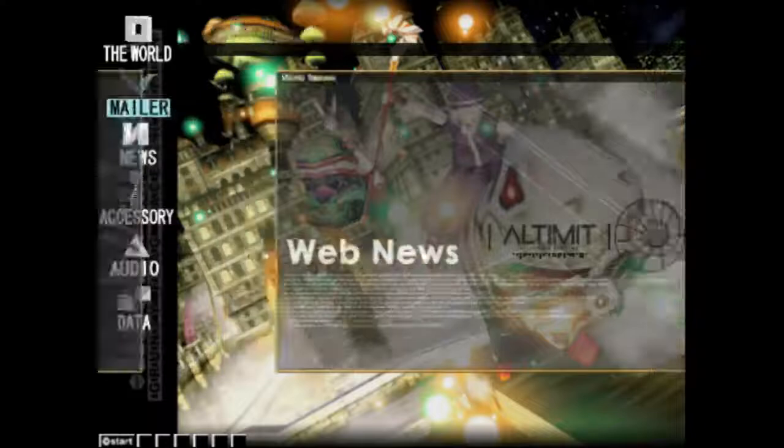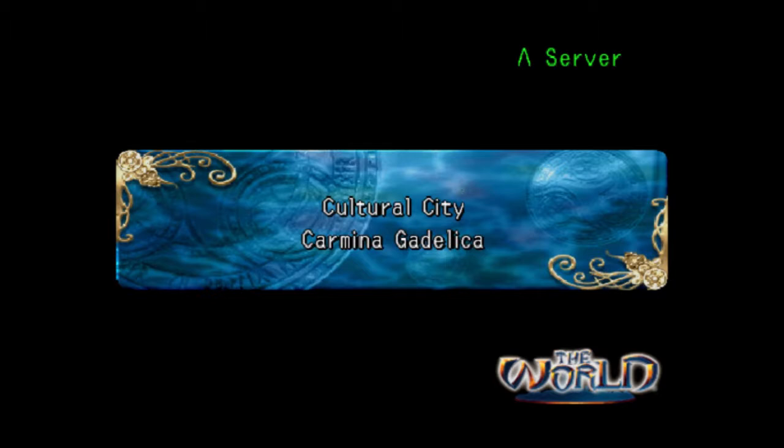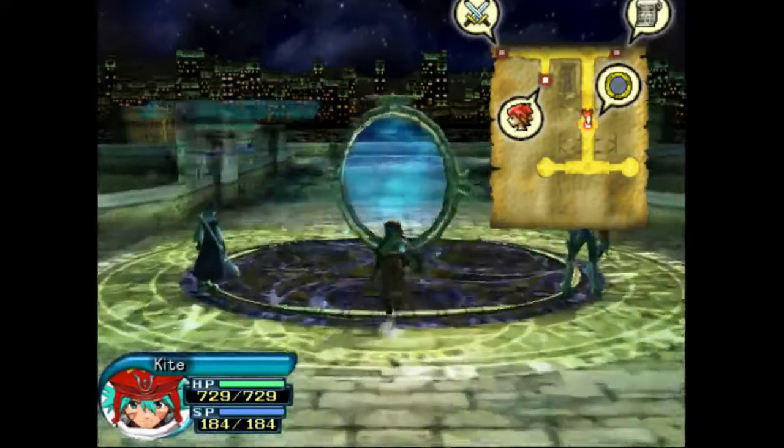As we log back in, I will go over real quick what I did before we go on, and the first thing that we're going to do this time is we're going to go to the field with Gardenia. Since she's already a character, we will get the other characters next. But anyway,